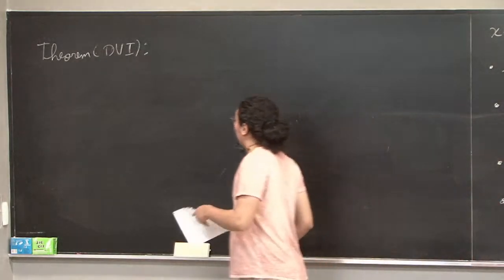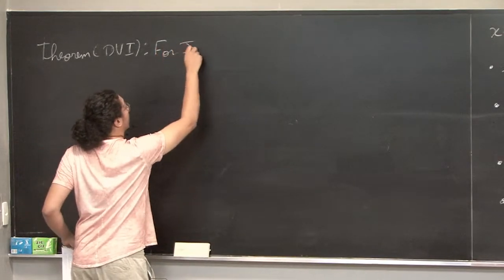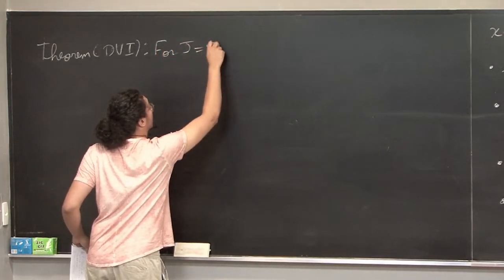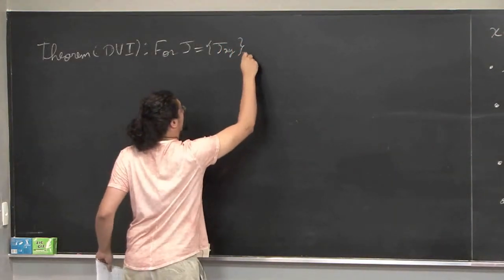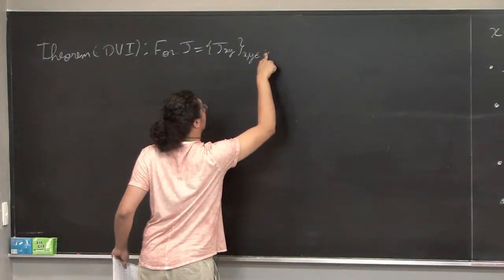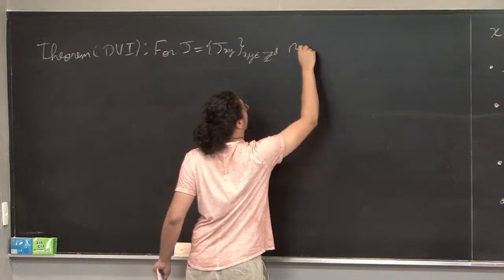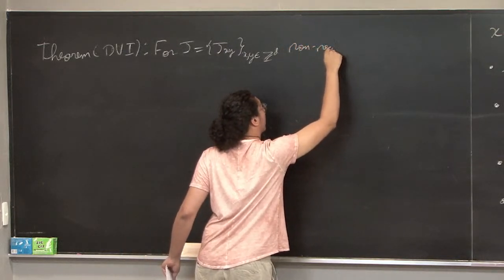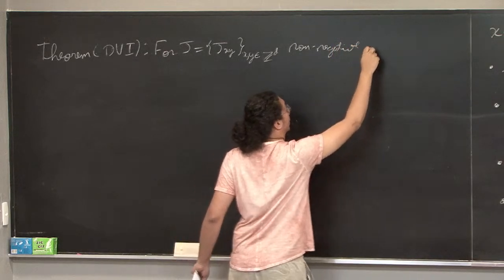So for J_xy, x and y on the V_D, non-negative, and